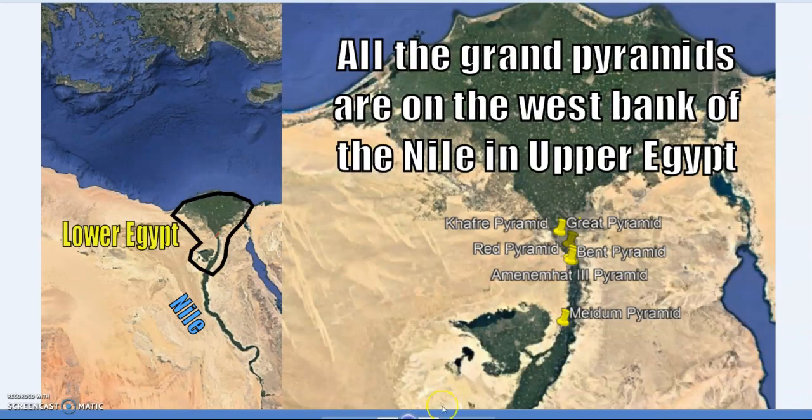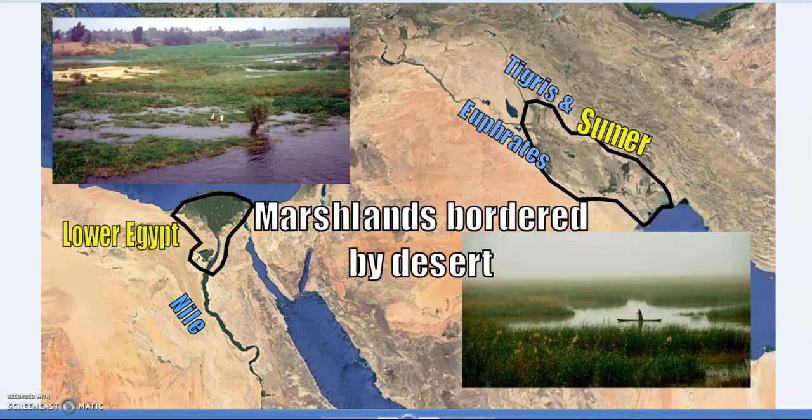So all the Grand Pyramids are just above the canal entrance to Lake Moris, up to the Great Pyramid, and then Abu Rawash. So along this strip are all of the Great Pyramids. There is one on the other side of the river. There are a few in Sudan. But there are of course many, many smaller pyramid structures all up and down Egypt. When you think of those big Grand Pyramids, they're all on the west bank of the Nile, and they go from the canal to Lake Moris up to Abu Rawash,